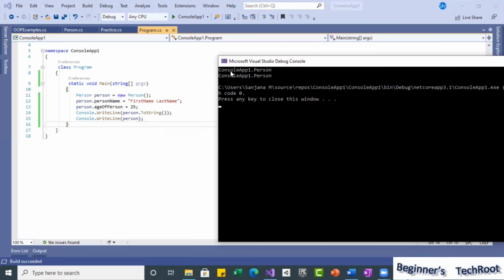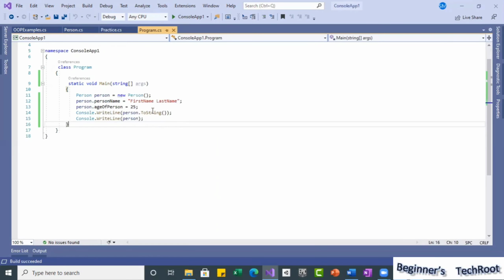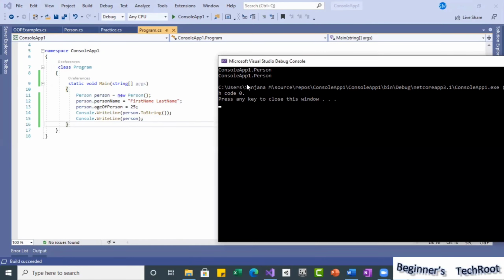The type name is the namespace ConsoleApp1 dot Person, because the class Person is defined in the namespace ConsoleApp1. Using the existing toString method, it just returns the type name ConsoleApp1.Person. So this is the default behavior.